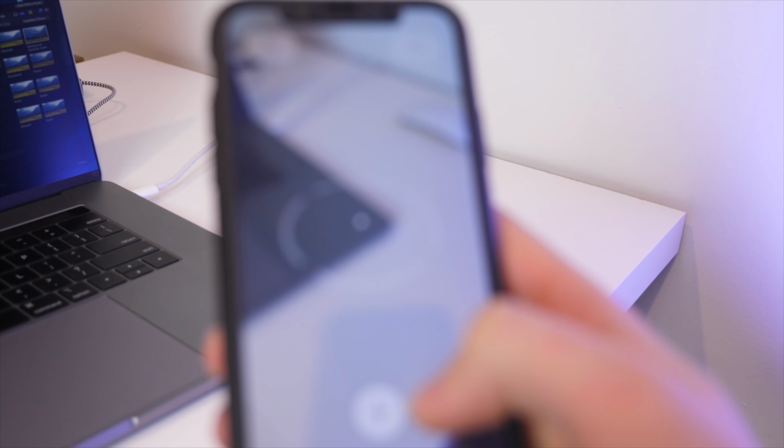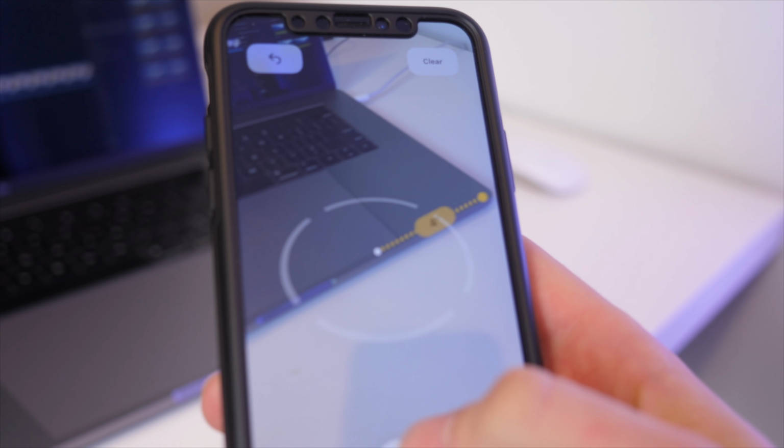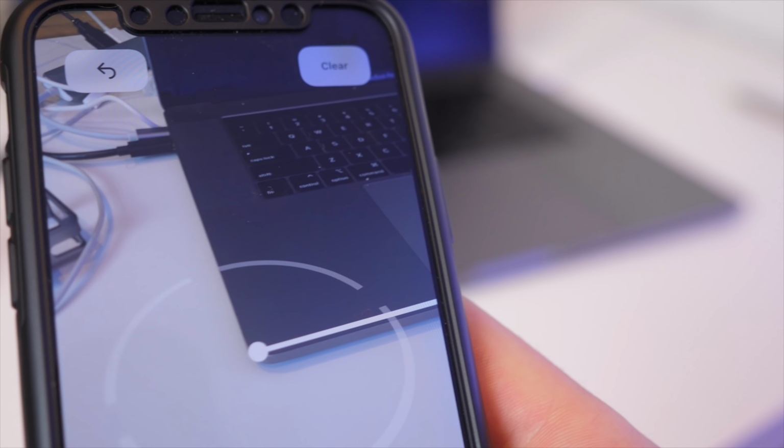iOS 12 has a new Measure app, which you may or may not know exists on your phone. With this, it uses artificial intelligence and spatial recognition to measure objects. It's not perfect, but a lot of the times it will work very well for ballparking measurements. You can save them, you can take pictures, and you can just measure things that are around you. If you need to know how wide that door is for a new frame or something that you're getting, you can measure this from your phone, and that's pretty handy.